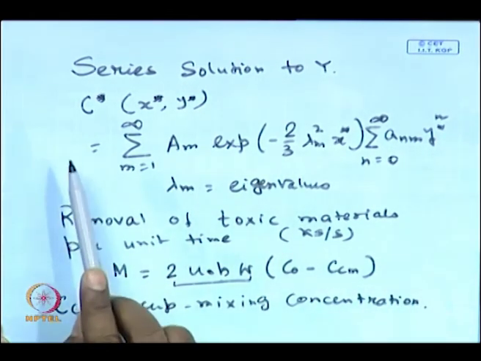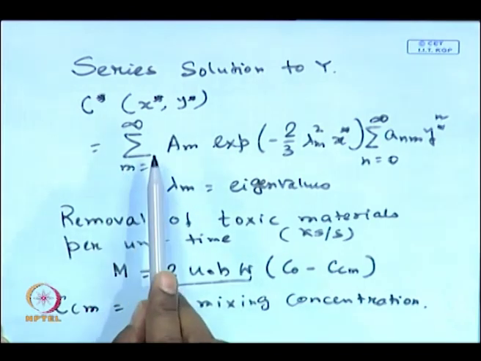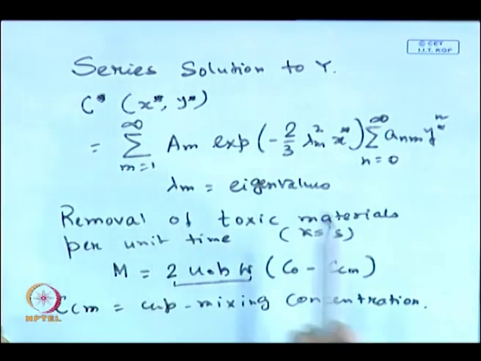Okay. If you remember, the solution is in terms of x star and y star. But we cannot take a sample at any point and determine the value of the concentration at that point in the cross sectional area of the channel. So, if you take out a sample and measure it, what will it give? It will give you a y-averaged value of the concentration, that is known as the cup mixing concentration.